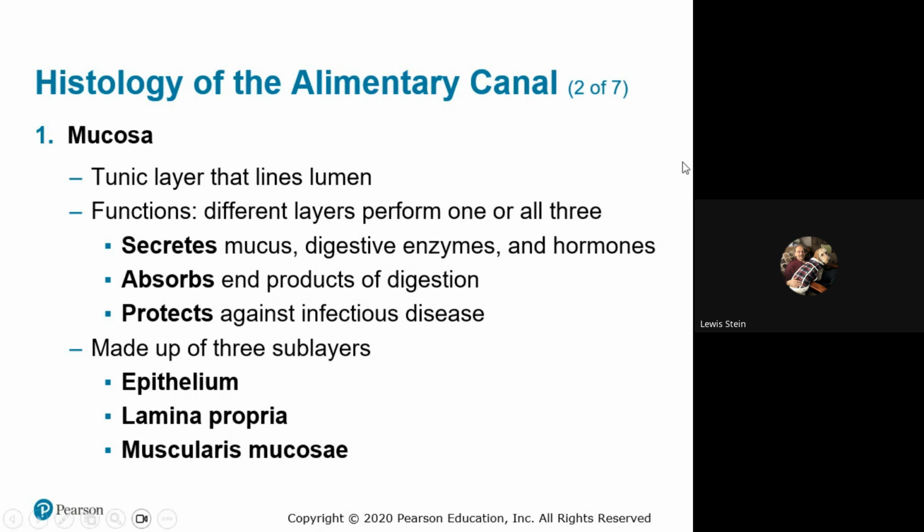You want to get down to it. So the three layers to get back: epithelium, for our purposes, simple columnar with goblet cells; lamina propria, the underlayer, which supports the epithelium; and then a very interesting layer of smooth muscle called the muscularis mucosa. This is a unique layer. Basically, if you take a tube